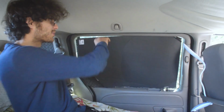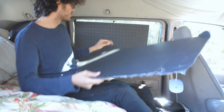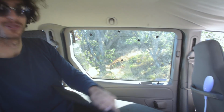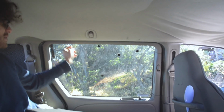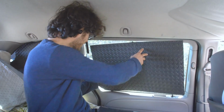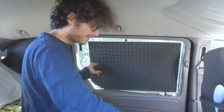I ended up just getting this particle board, Bristol board or whatever, from the dollar store. It was $1, and you just trace out the frame. And these are rubber floor mats, again from the dollar store, for like $2. As you can see, these are Velcro things from previous attempts that I haven't taken down yet. But these fit in pretty perfectly. I mean, they could fit in a little bit better, but